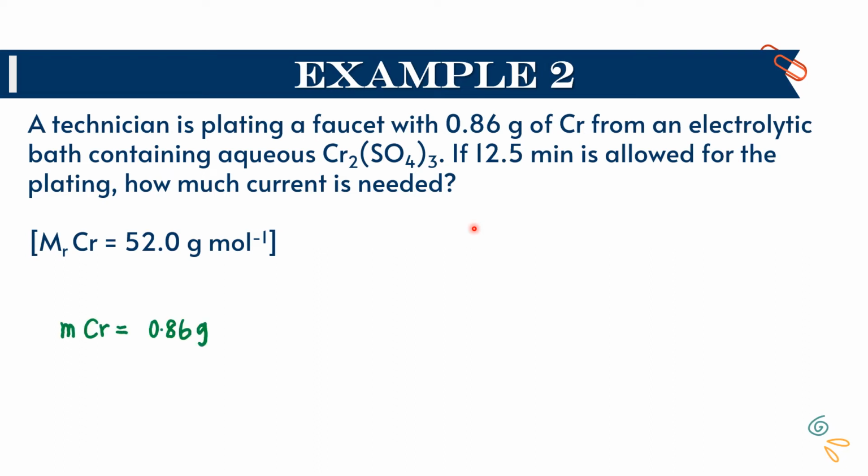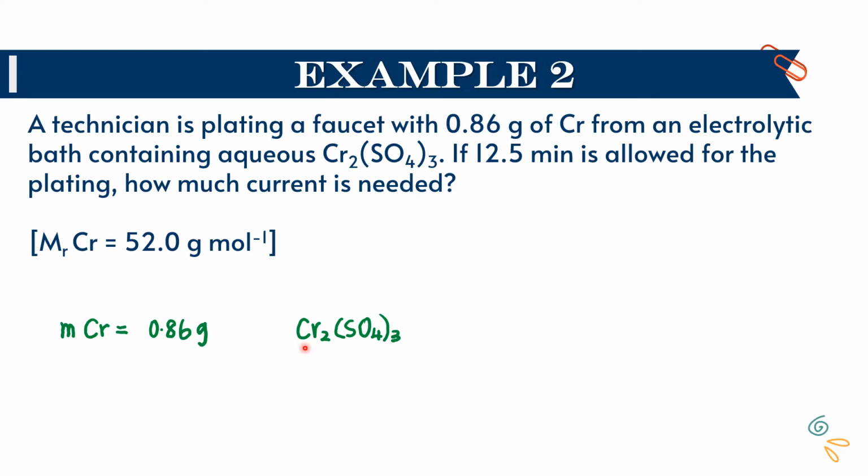We are given first the mass of chromium. So, mass of chromium is 0.86. So, maksudnya dekat sini, chromium ni adalah kita punya target. Nanti kita kena carilah chromium ni dihasilkan dekat mana, sama ada dekat anode ataupun dekat cathode, for us to write down the half equation. Okay, next, the solution adalah